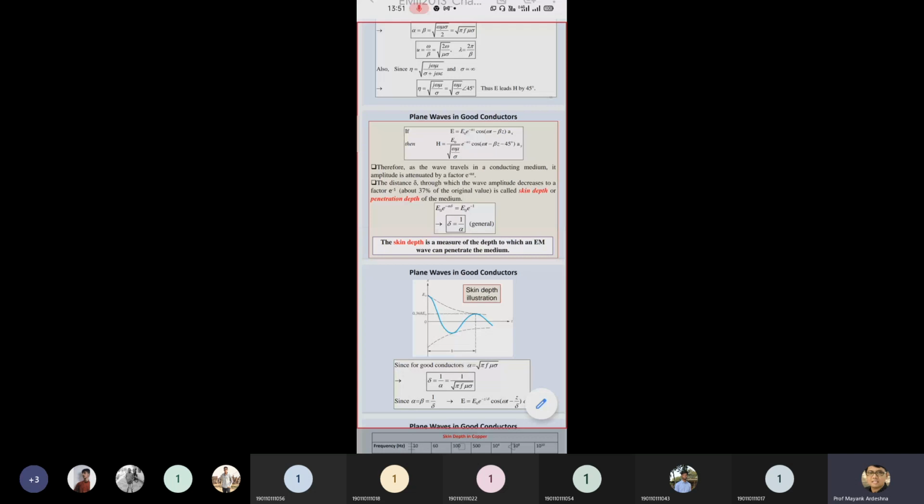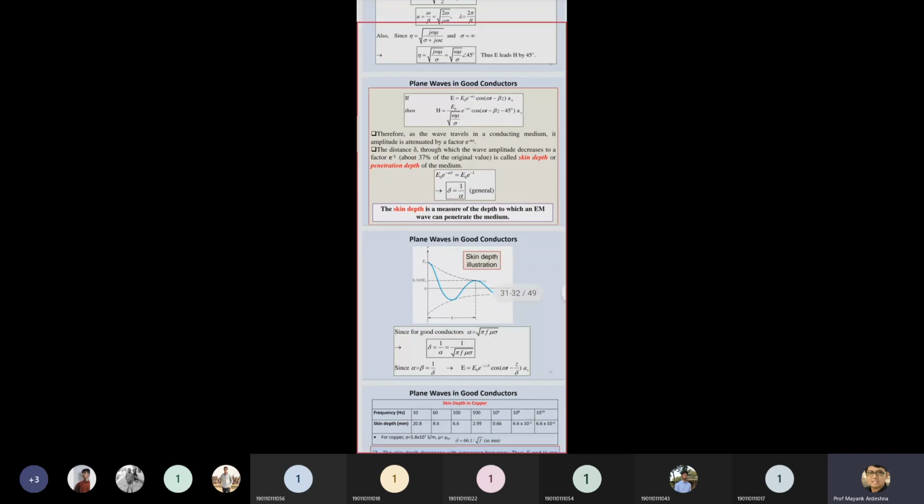we are replacing the term which is considered as delta. Concentrate on the second graphical representation of your figure, where the signal is moving in the z direction and your component is in the x direction, and we have taken the magnitude as approximately 37% of the maximum value. So the value is equal to 37%, and based on this we can find the delta. Delta is equal to 1 upon alpha. Alpha is the attenuation constant, and delta, sorry, delta is your skin depth.